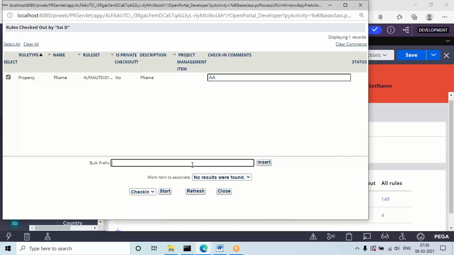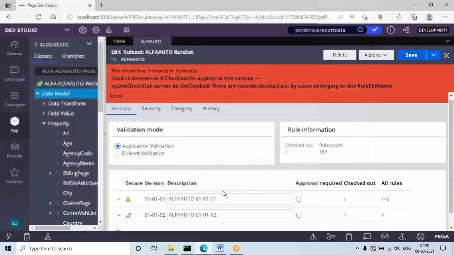If you want to give a bulk prefix for multiple records, give the prefix value and click on insert, so that the same check-in comment will apply for all the records. Then click on the start button, and the check-in will complete. If it shows the tick mark, the check-in is complete, and you can close the wizard.